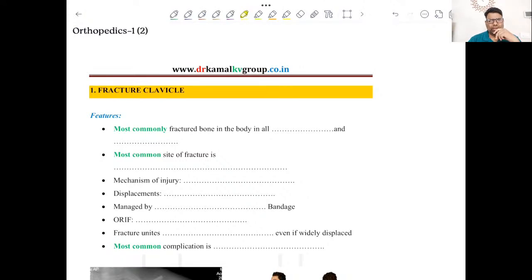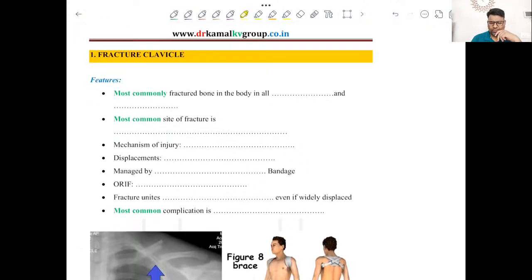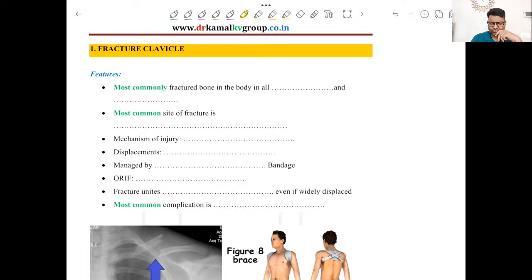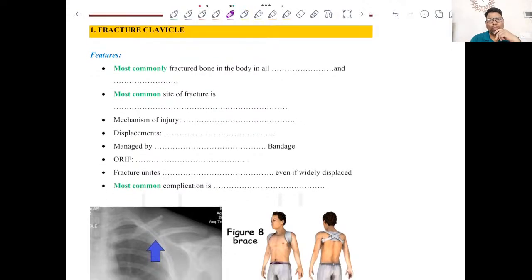No, these sessions are actually rapid revision kind of sessions. So I'll be taking only the important and valuable points related to topics, right? I'll be taking subjects in short sessions so that we can have a lot more sessions for a particular subject, and I'll just try to make sure that none of the important topics are missed, right? In this particular session, I'll be keeping only 15 topics for orthopedics, and remaining important topics I'll keep in some other session, right? So starting the session with fracture clavicle,